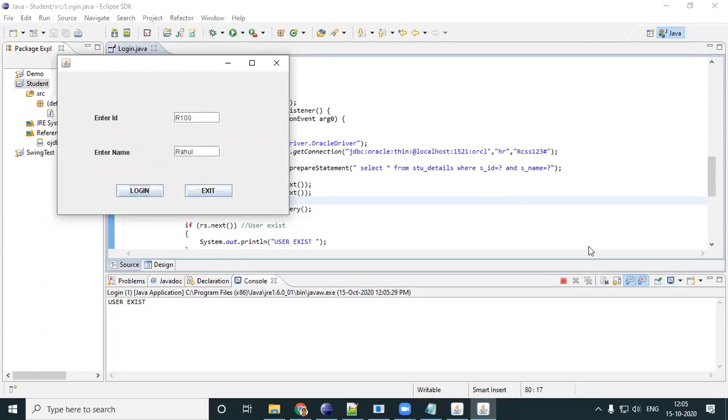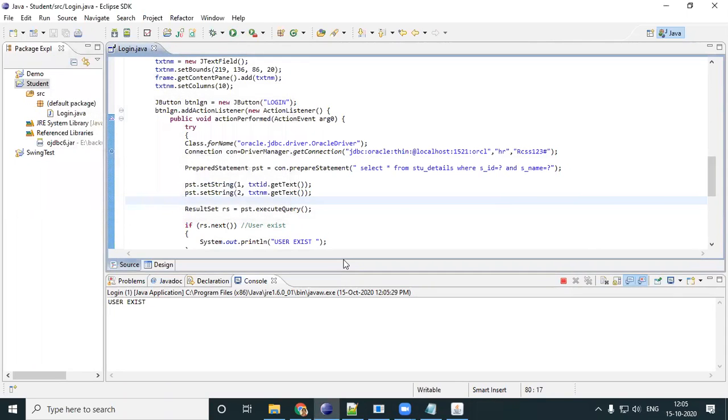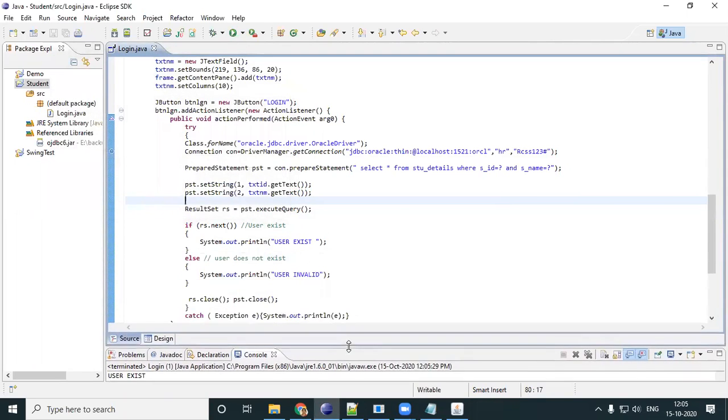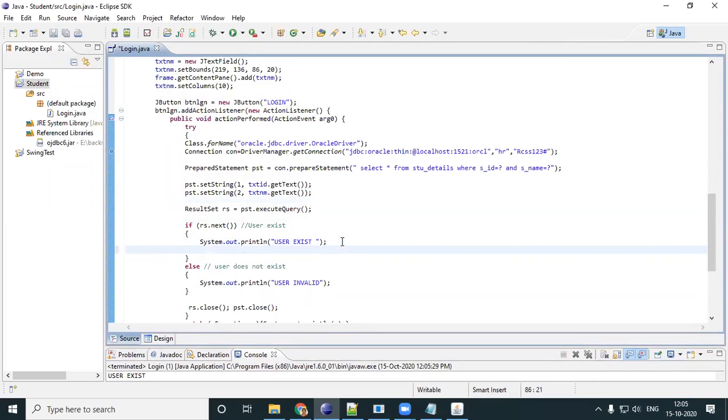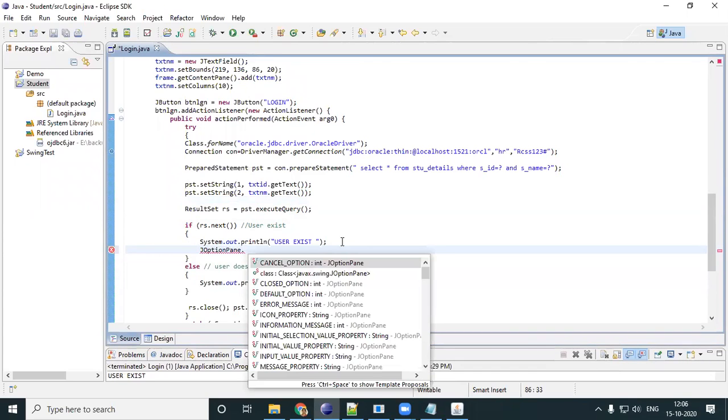Okay. So anyway, this will not do. We'll just do a bit more things in your console. It can come, but we'll just learn a few more things. We learn J option pane together with this. J option pane is nothing but your pop-ups coming out.